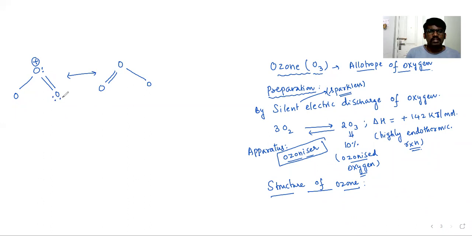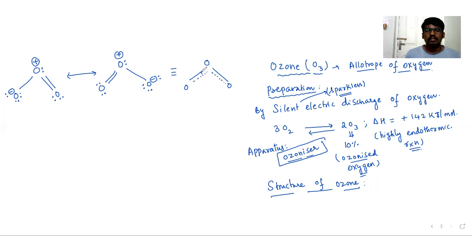Its formal charge is 0, and this one has formal charge -1, being short of one bond. The double bond can be delocalized, and then it has a positive charge and a minus charge, with two lone pairs. Double bond has been delocalized, so the resonance hybrid of ozone can be given like this,